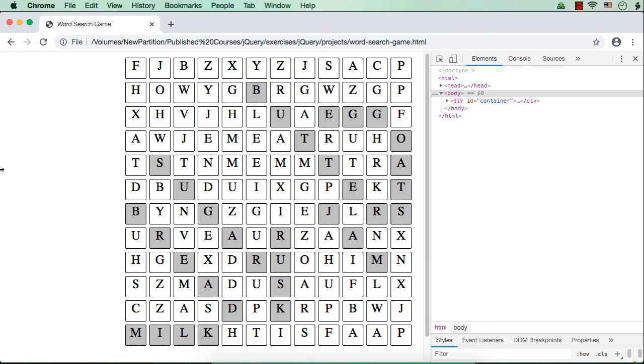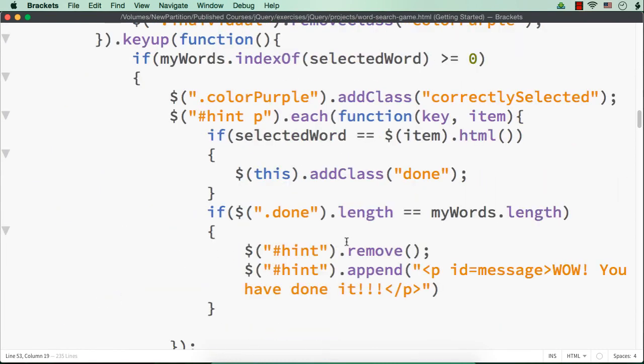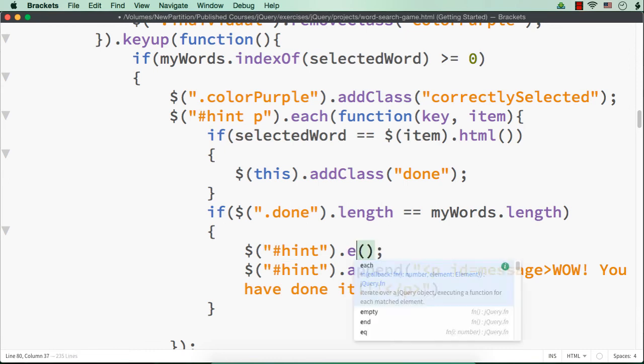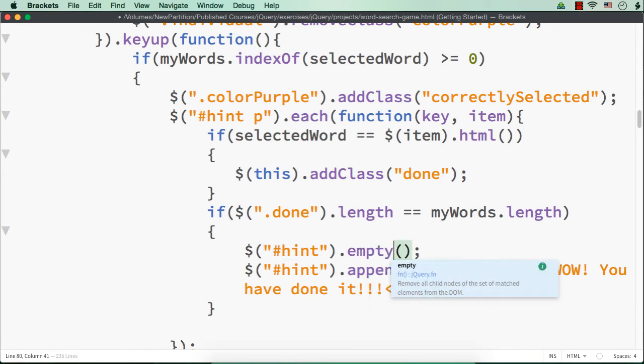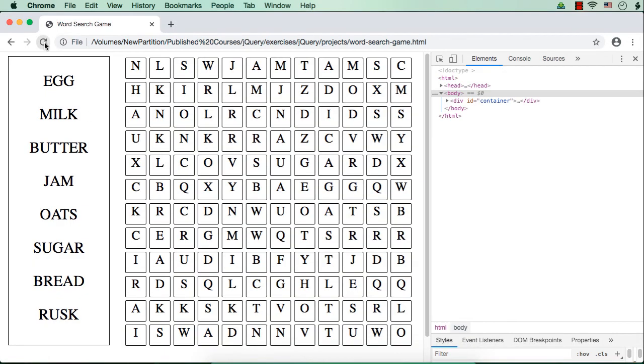SUGAR. Okay, the hint element itself got removed. Actually, I should not use the method remove. It should be empty only. When we specify remove method, this element itself gets removed. I have to use empty method. It was a mistake from my part. Empty means it will empty the element. That is, all the elements within this hint element will be removed. When we specify remove, it is removing the element itself. That is why we could not see it.